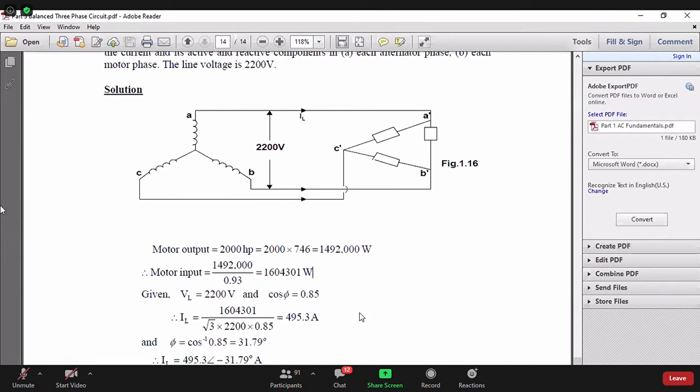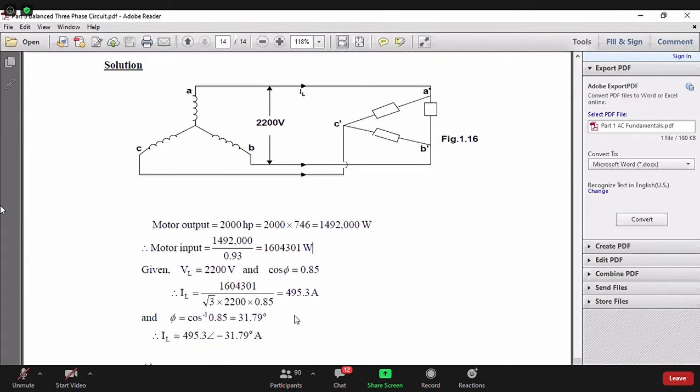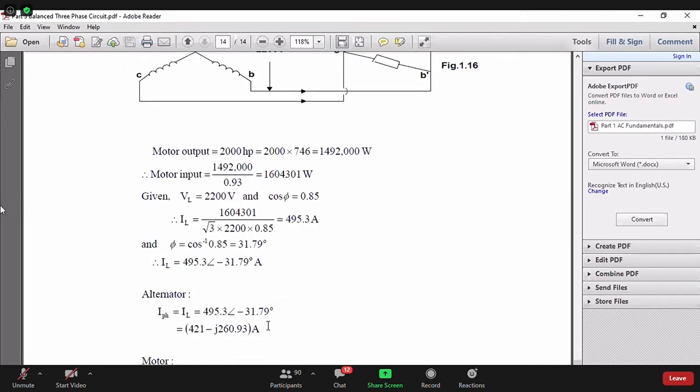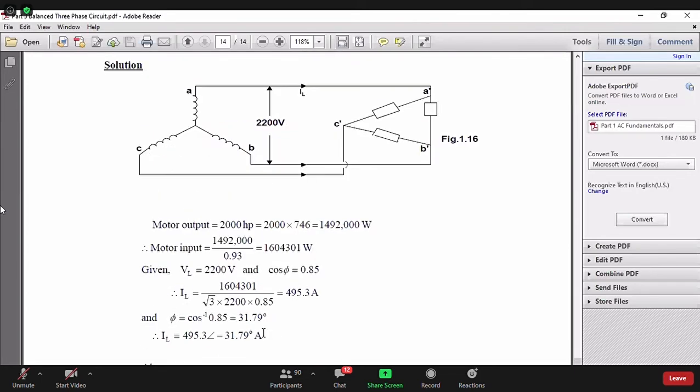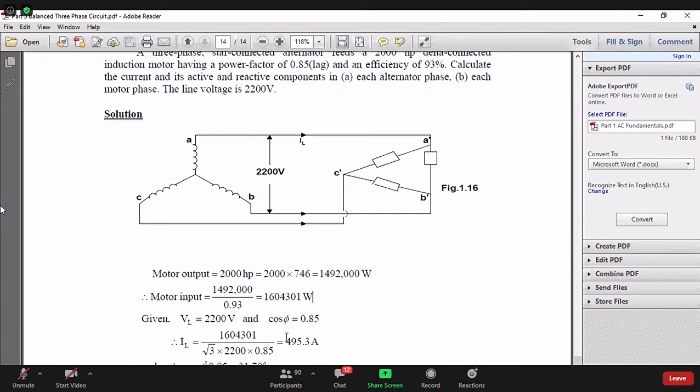So you know what is the power factor? Of course 0.85. So power factor angle is 31.79 degree. So if you want, you can represent it in the phasor form with magnitude as well as the angle. So you see, this is how we tackle the problems, practical problems. But now looking at this diagram, I will jump into my next topic. Here we say that the source alternator is balanced. We say that the load, the motor, is balanced. But here we are talking about only one motor.